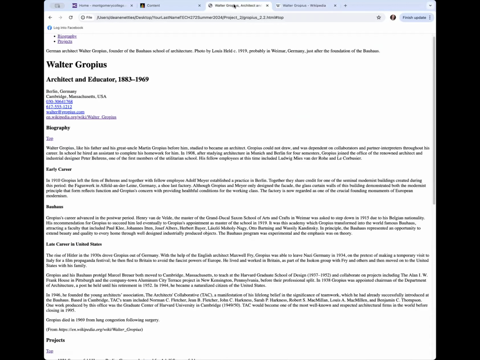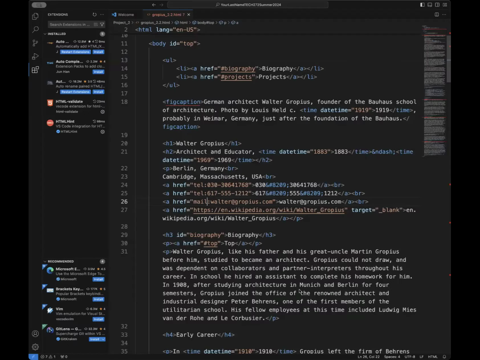And I go back. And let me double check this. Okay, the problem is that it's not actually just mail, it is actually mailto. So if I type to and I save, so mailto